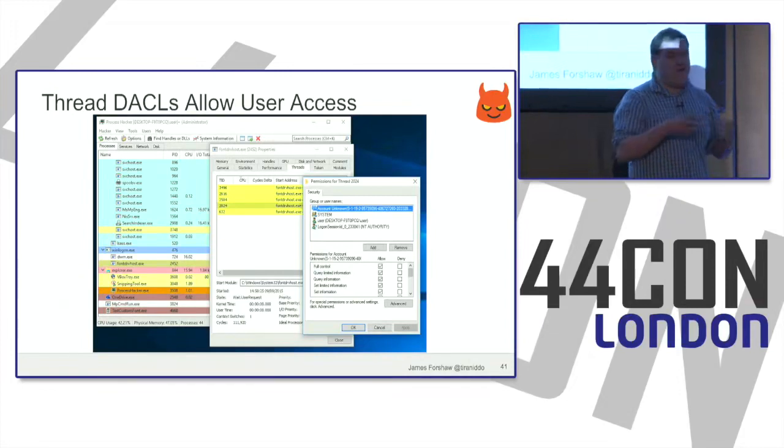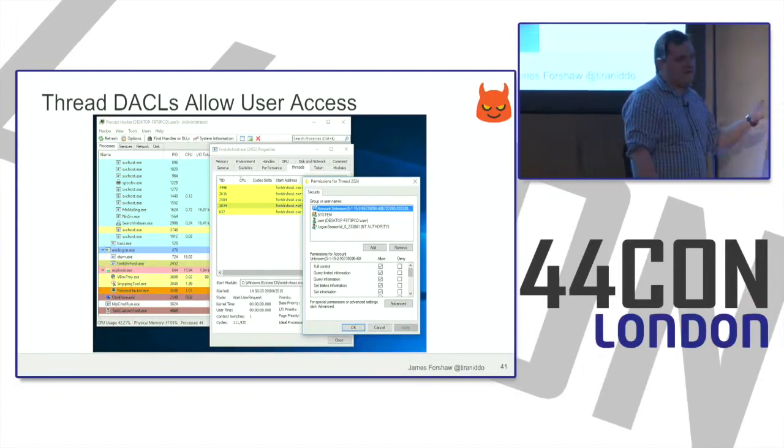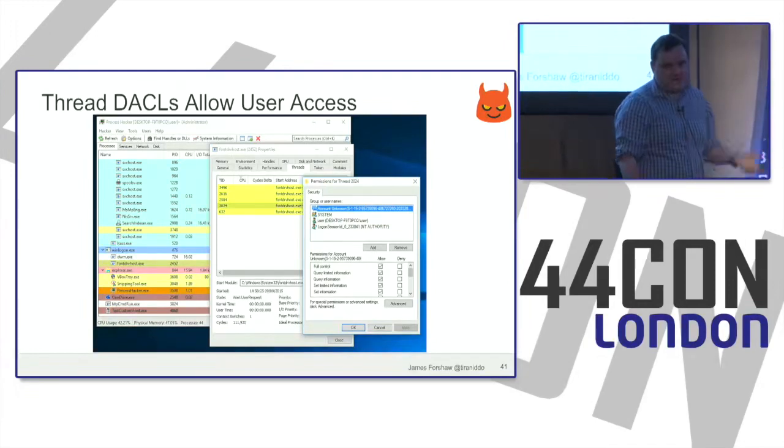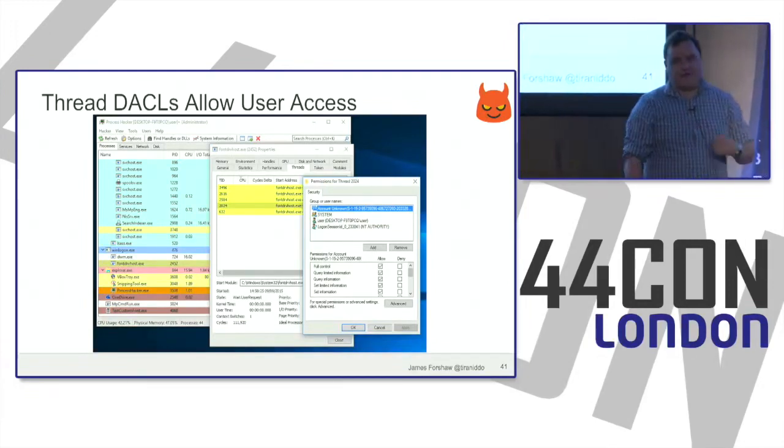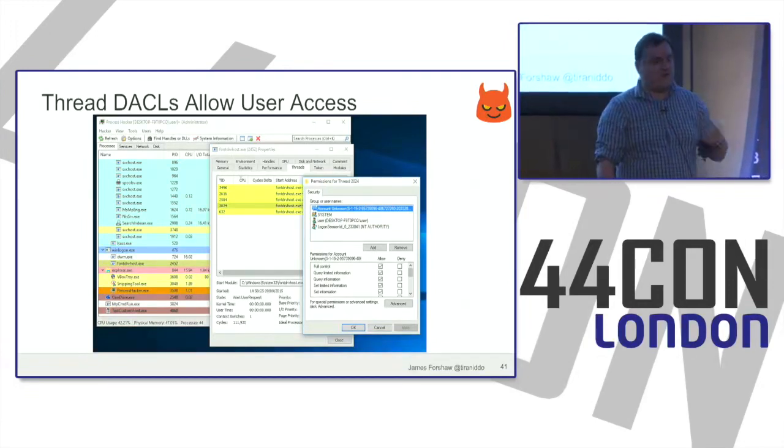And so I can just open the thread, frig with its thread context, get it to jump to LoadLibrary, and get it to load a library for me. And yeah, you bypass it that way. And so obviously with this patch, now that all the default DACLs are system only, you've also got owner rights, which is a trick to prevent owners from attacking it as well. And hopefully it's now secure. I've not fully verified that yet.